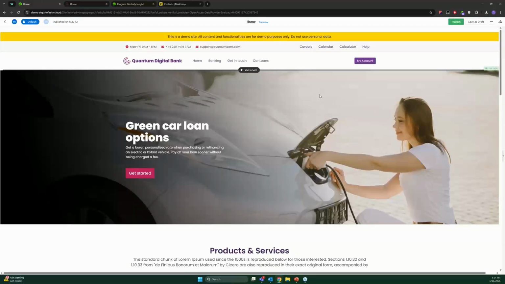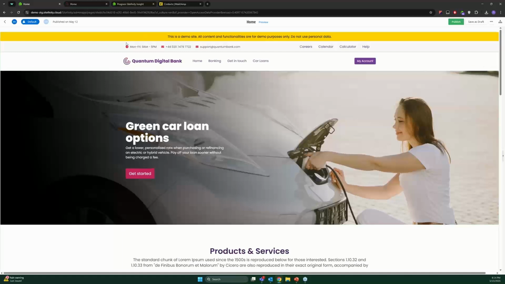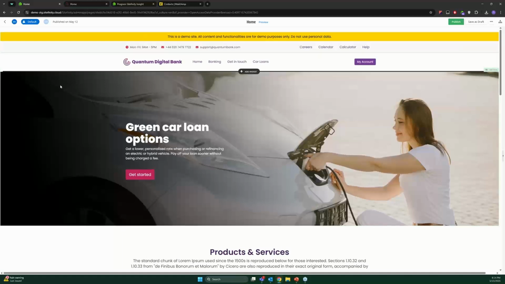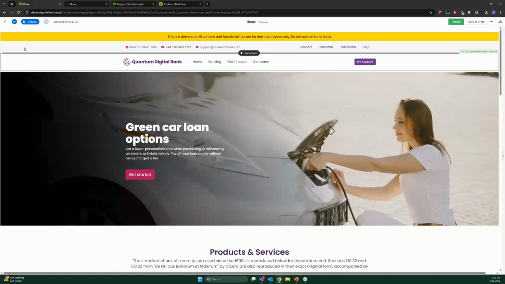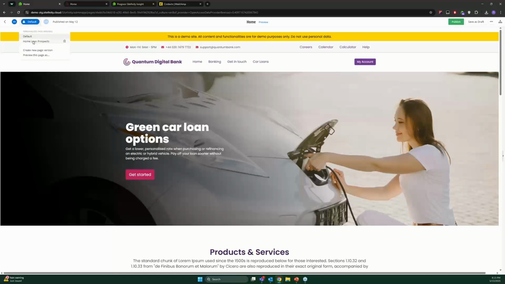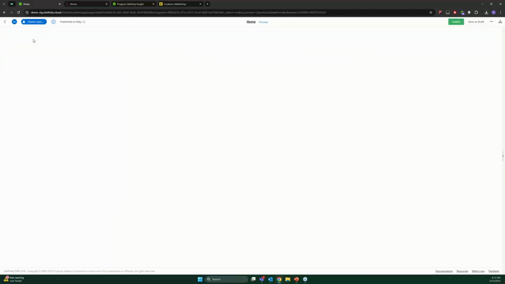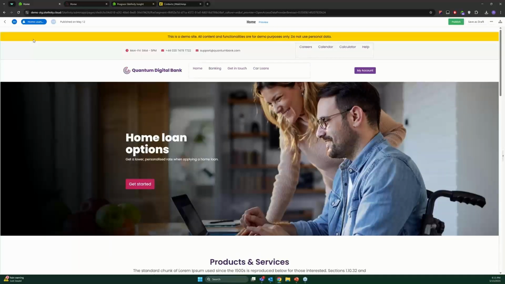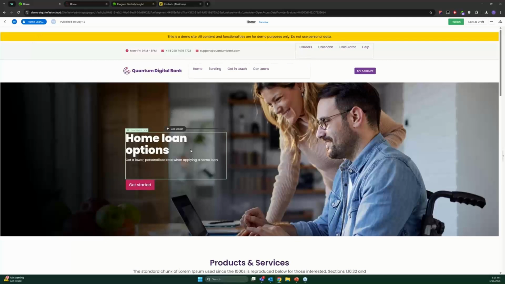And we can navigate to, let's say, this home banner that we see here. We can see that by default, our home banner is talking about green car loan options. But now that I've defined my ideal home loan prospects, I want to be able to talk to them in a different way. To save us a little bit of time, in the preparation for this example, I've already defined a personalized version of this home loan banner, so I can very easily switch between those here, and we can see, okay, now we're talking about home loan options here,